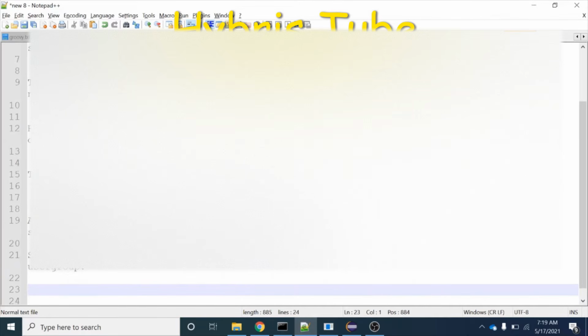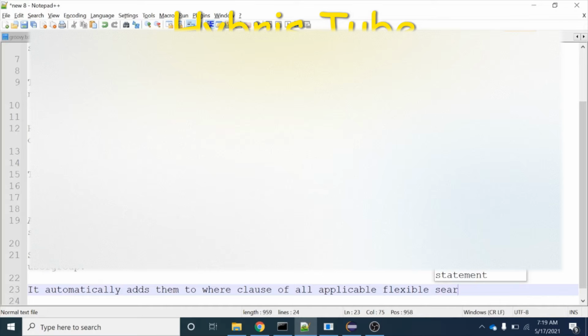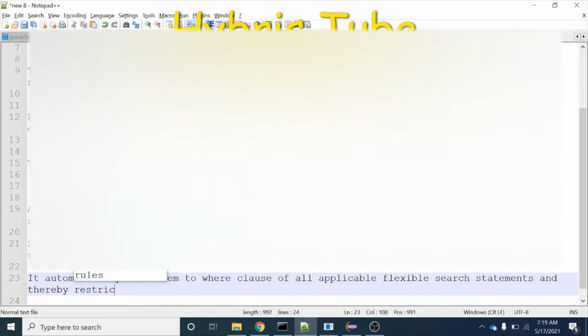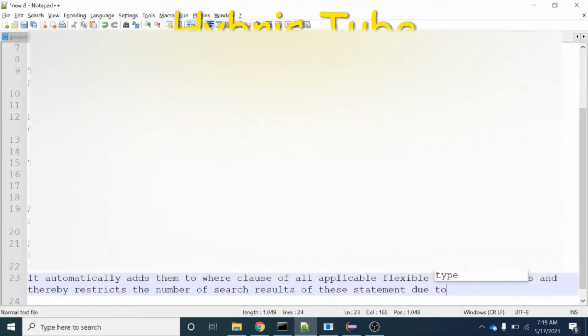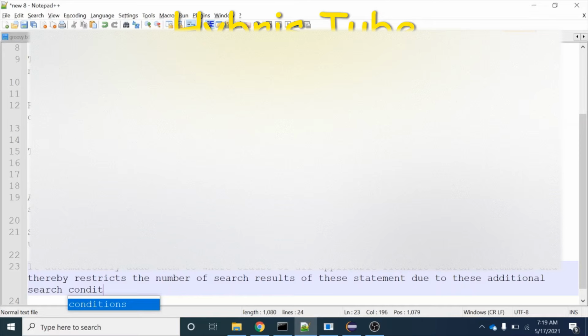Search restrictions automatically add them to the where clause of all applicable flexible search statements, and thereby restrict the number of search results of these statements due to these additional search conditions. Right, I hope this is clear to you what I am saying, because